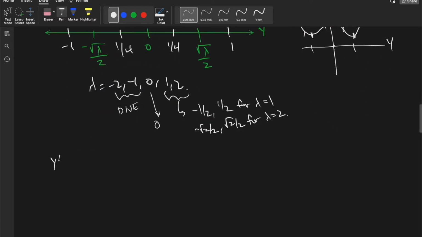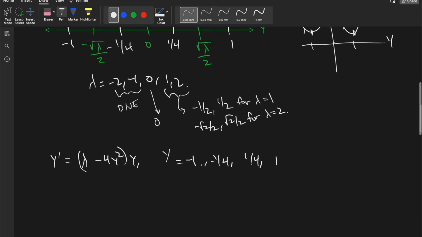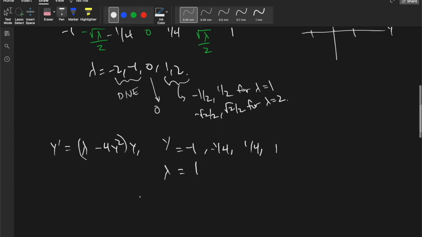So we have y prime equals lambda minus 4y squared times y. Just to make it a little easier, let's do our calculations with y equal to these values, because these are the values we've chosen. But also let's do lambda equal to 1 just to make our calculations easier. So if we plug in with lambda equals 1, we get